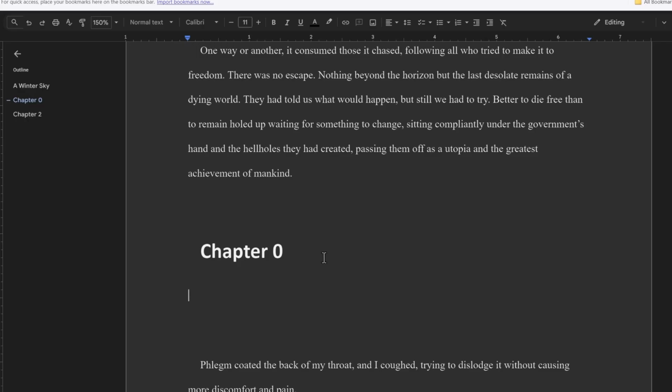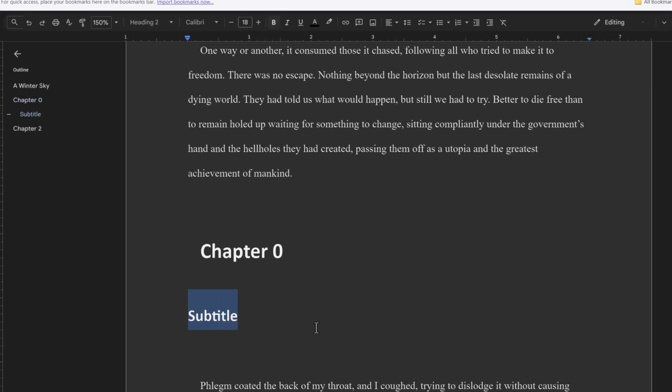If you are writing nonfiction, or maybe you're using the heading 2 to make a point of view shift, you can also add that in. I'm just going to have maybe a subtitle here. You would just do the same thing, Control Alt, but you would press 2 since it is heading style 2. And as you can see right here, it indents, and you can do that all the way up to